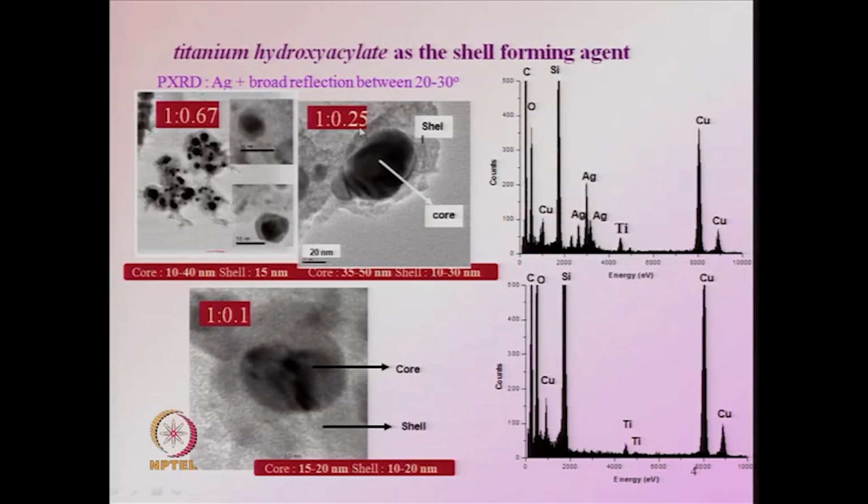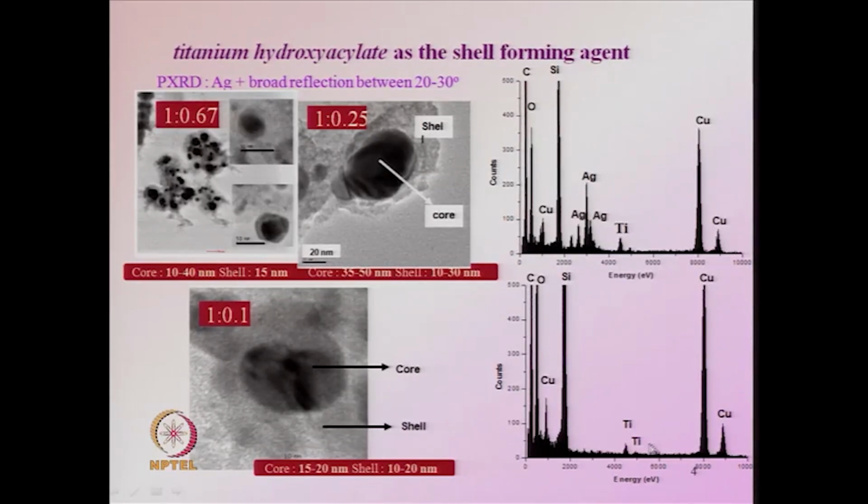So, from 0.67 to 0.25 to 0.1, you can change the concentration, and you can vary the thickness of the core with respect to the shell, and you can do the EDAX. Again, you see in this case, if you pass the electron beam through the core, because on top of this you will have the titania, you will see titanium, and in the core you have silver. So, both titanium and silver can be seen in these EDAX spectra,